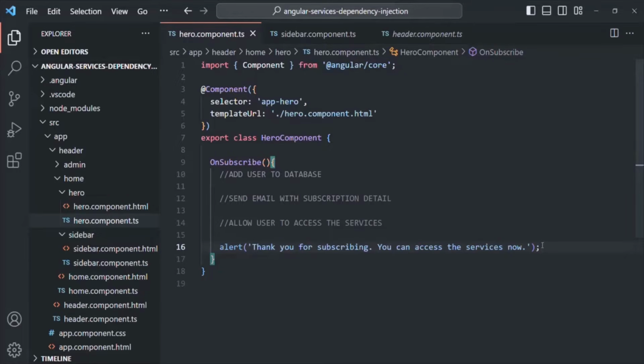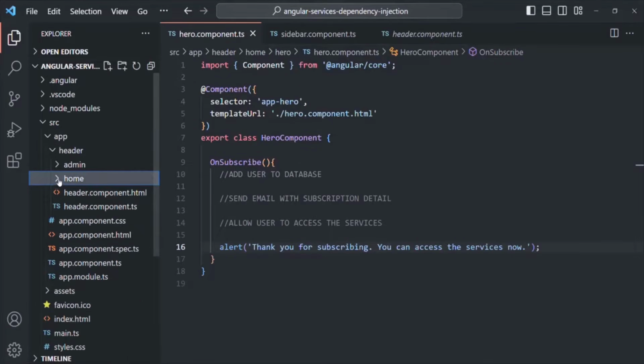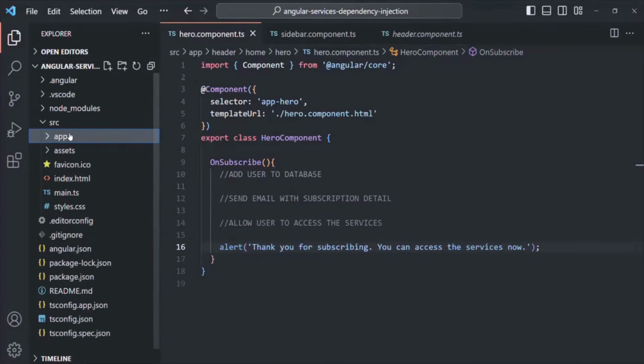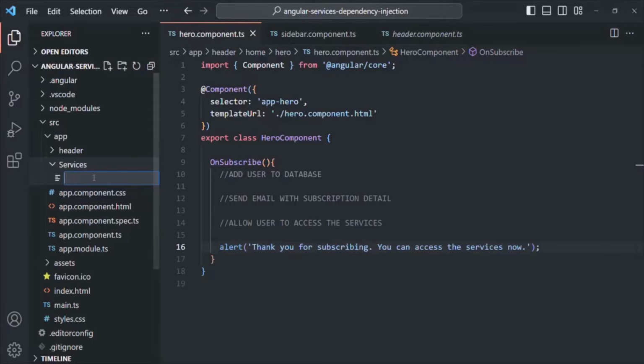Now, to solve this problem, what we can do is make use of services. So let's go ahead and create a simple service and let's see how it allows us to solve all these problems. Let me retract these folders. Okay. And in the app folder, I'm going to create a new folder. I'll call this folder services. Inside this services folder, I'm going to create a new service file. I'm going to call this service file